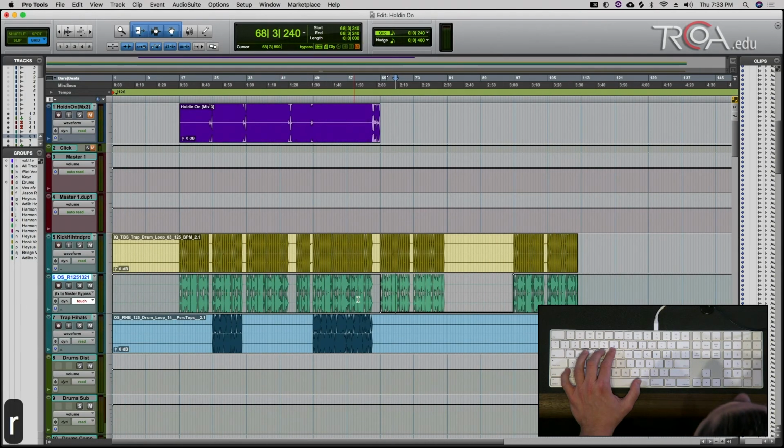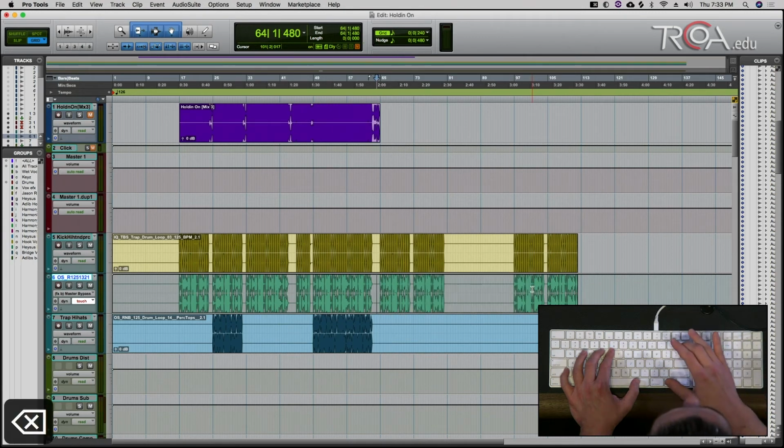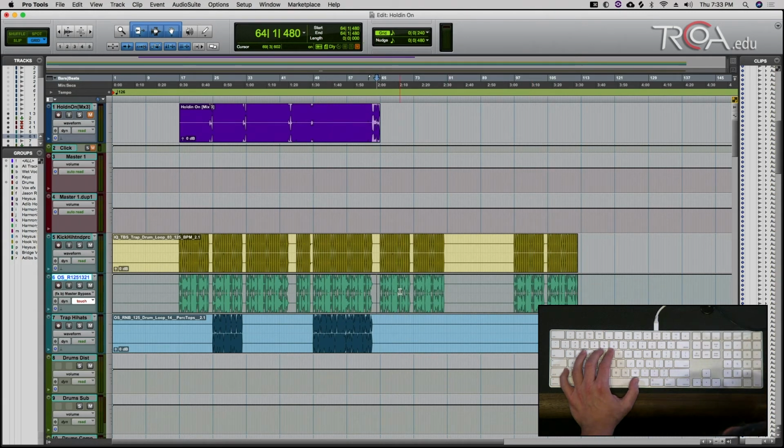So Drake's producer, who calls himself 40, like the number 40, has become famous for a production trick that he uses that basically creates this vibe of an underwater sound. And the way that he does it is he basically automates, for certain parts of the songs that are meant to sound underwater,